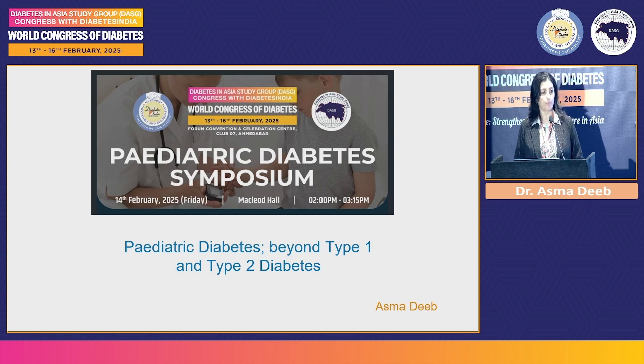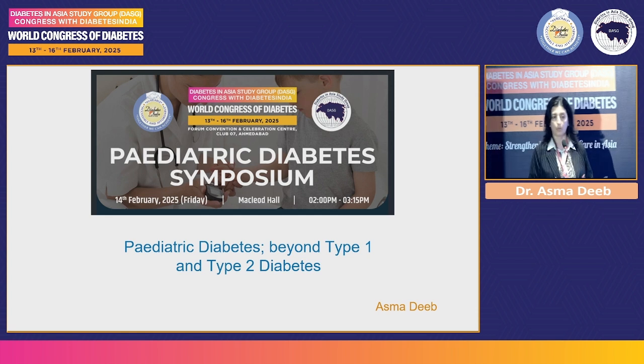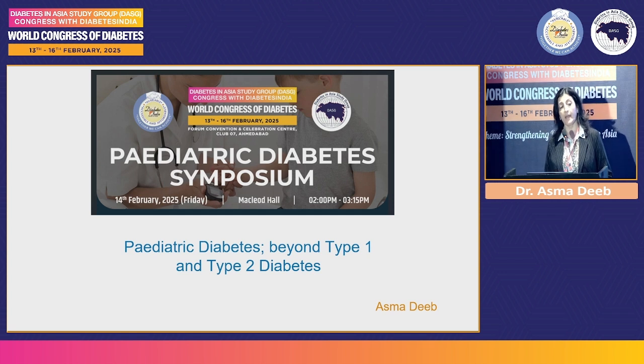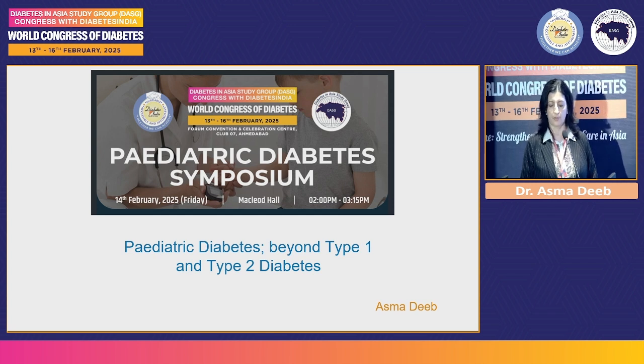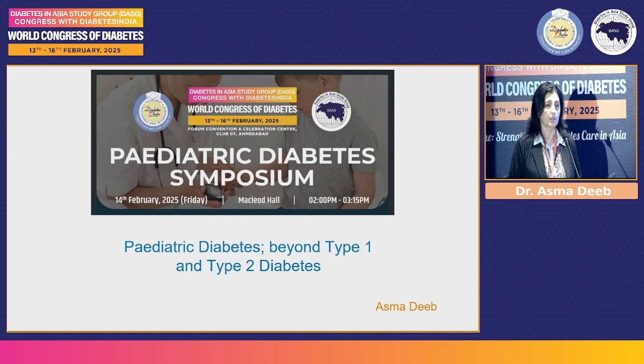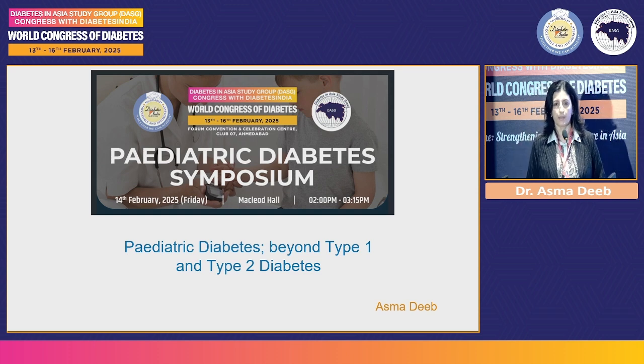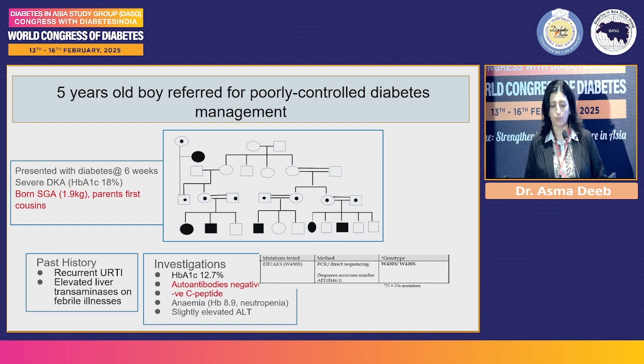We all know quite a big deal about childhood diabetes being type 1 diabetes. We've started seeing new phases of diabetes, so we got along and learned about type 2 diabetes. But what we have been also learning is a third phase of diabetes in children, which is neither type 1 nor type 2. And that's what I'd like to discuss with you in the next 15 minutes. So I'll just give you an example of the types of diabetes I'd like to share with you.